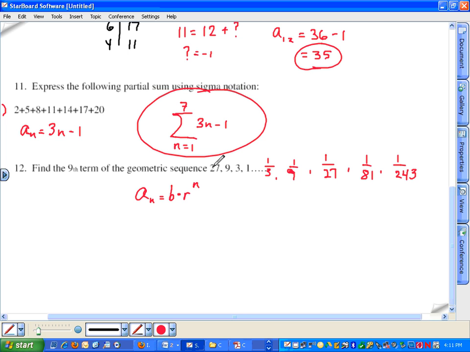R is the common ratio, which in this case is 1/3. b, like we were doing with these arithmetic sequences, would represent the number in front of the first term, which in this case would be 81. So our geometric sequence can be modeled using a sub n is equal to 81 times 1/3 to the power of n, and then if you want the ninth term,